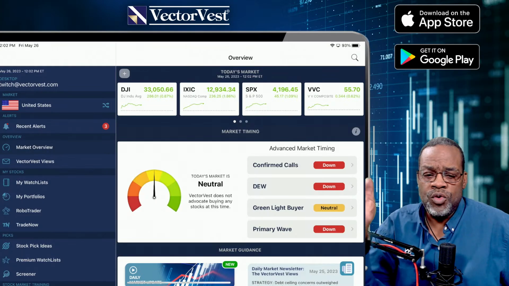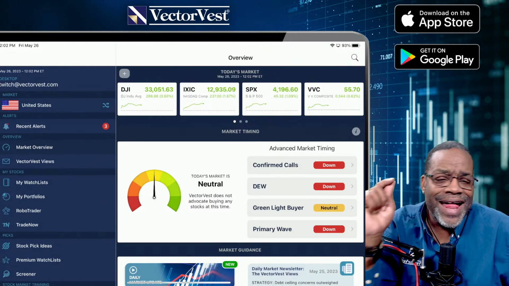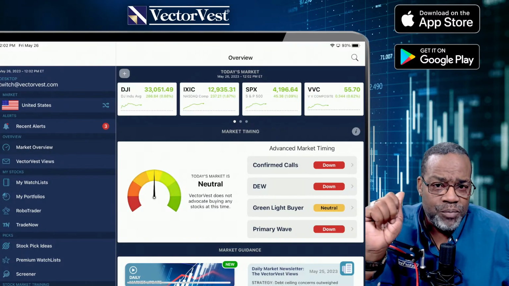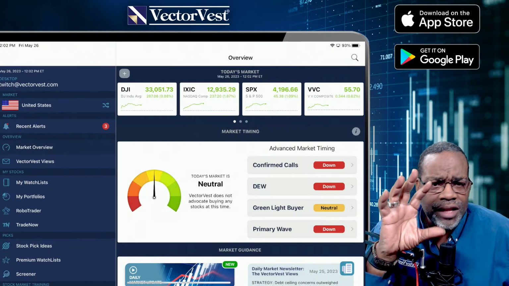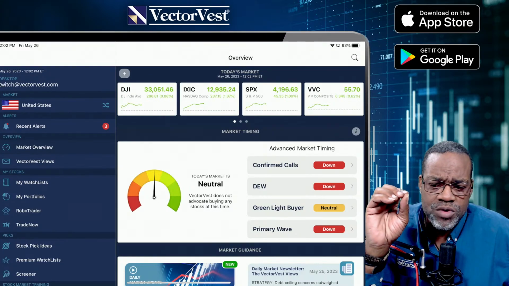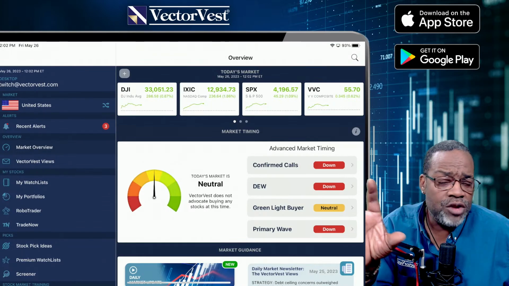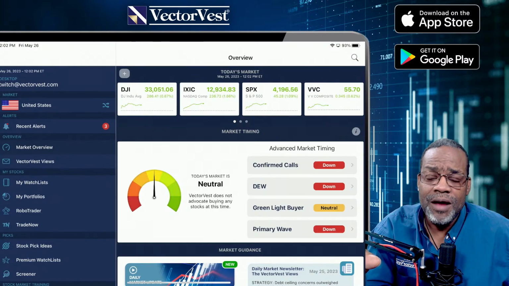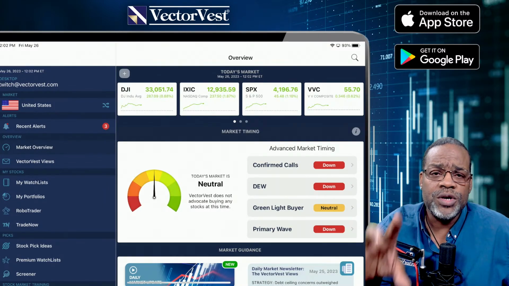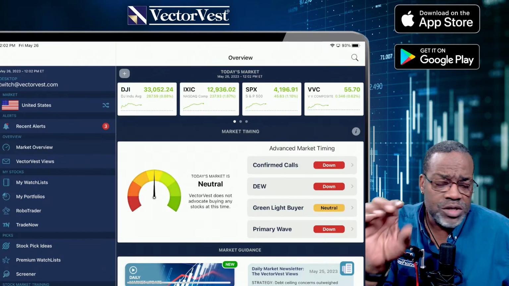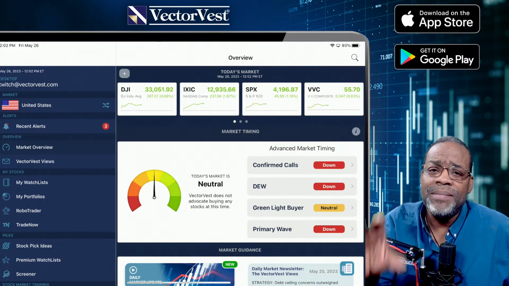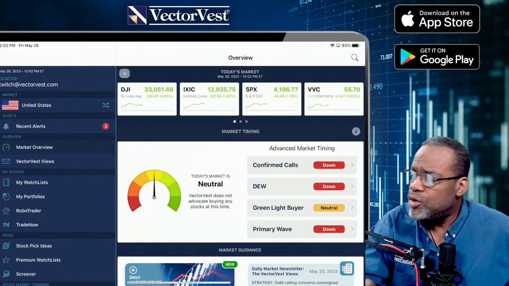So with all of that being said, let's get into being prepared and not scared. There's a lot going on in the market that will keep your head going left to right all the way. And a lot of people out there are scared. But as a VectorVest subscriber, we do the work, you reap the rewards. It's all about you being able to make the right decisions at the right time. And that's what this mobile app coaching is all about.